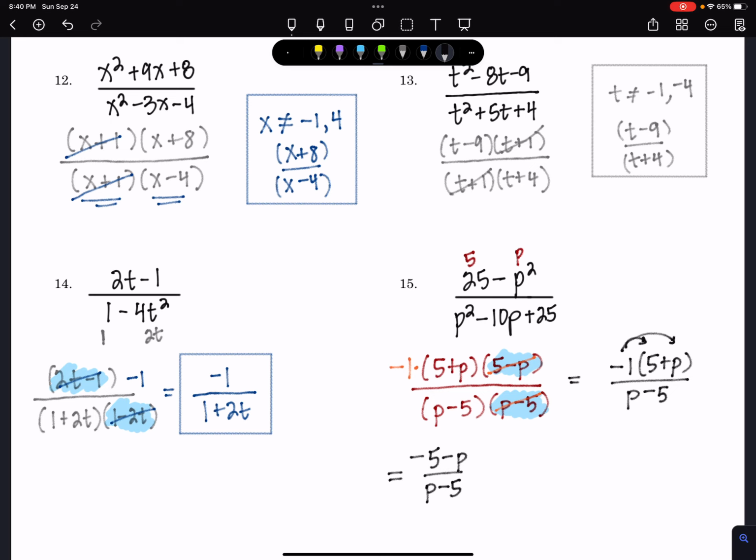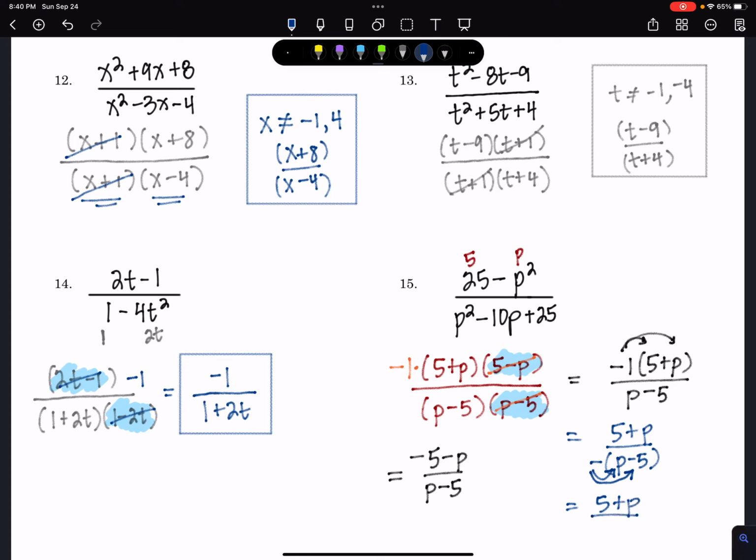That's one way to write it. But if I look at this, I see 1, 2, 3, 4 terms. And out of those 4 terms, 3 of the 4 are negative. That's a lot of negatives. So what I can do instead is take this negative 1 and move it to the denominator. I can say that 5 plus p is in the numerator, and then I have the opposite of p minus 5 in the denominator. That's going to make p negative and 5 positive. So I'll have 5 plus p over